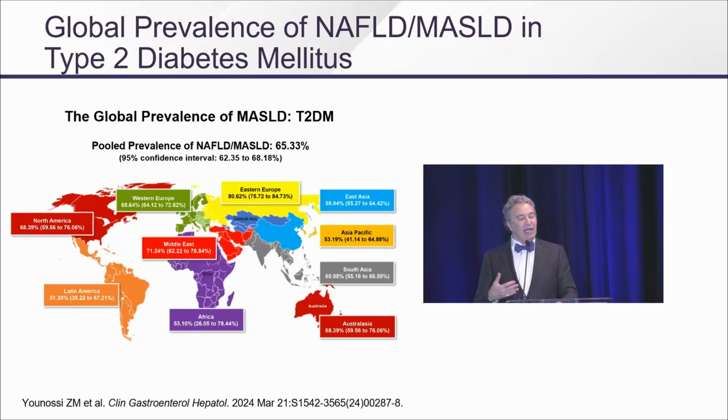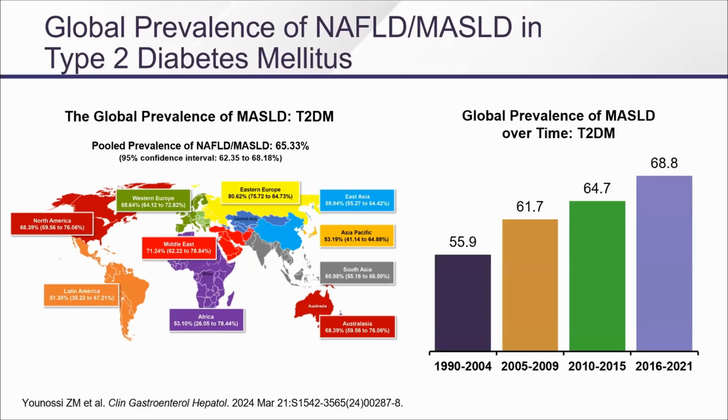And as I said, type 2 diabetes is increasing across the world. And if you have type 2 diabetes, the likelihood that you have MASLD is about 60%. So the first pearl of my lecture is pay attention to people with type 2 diabetes. They are your highest risk group for fatty liver, and it is the most intervenable risk factor.